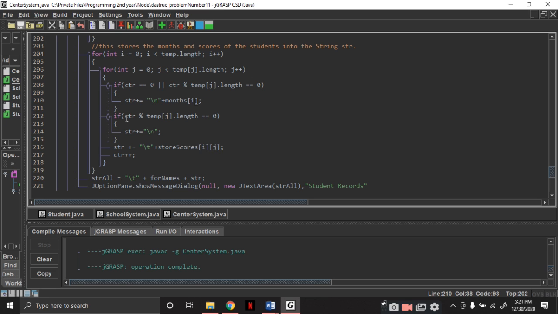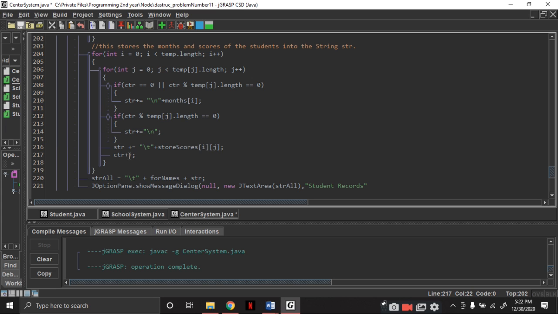And imagine we have a length of one student. So if the counter is 0, divided by temp j dot length, which is 1, 0 divided by 1 is not equal to 0, so it will just skip this if statement.